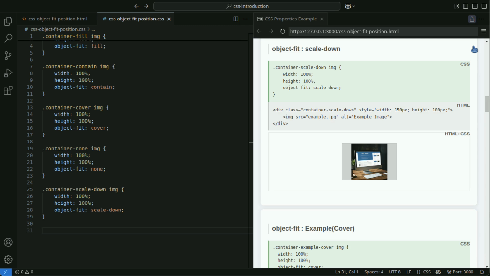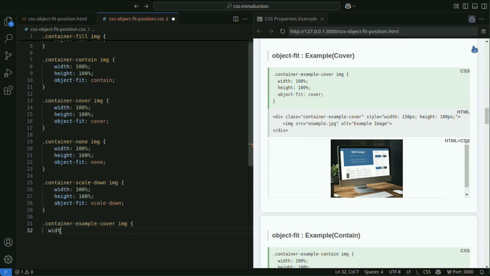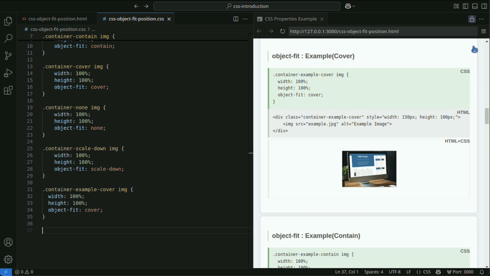The following code is an example of fitting an image tightly into the parent element, even if it gets cropped. In this case, the image completely covers the parent element, maintaining a beautiful layout on any screen size.